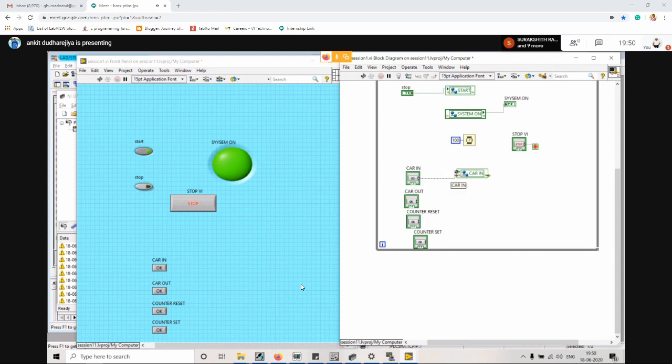I will connect it. Similarly for the others, let's copy, connect it, and later we will change the variable. So that is for car out.